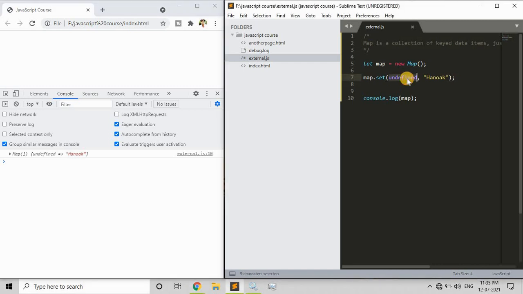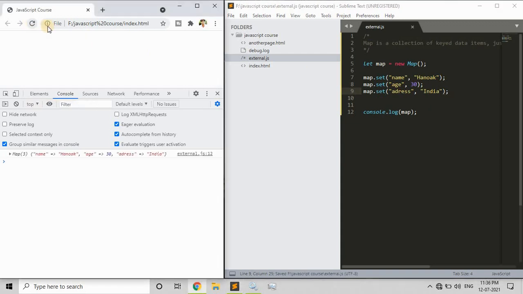Now I'll make it more sensible. I'll say name, and name is Hanok. Obviously we can also have multiple key value elements for this map, like age, and I can give the age as 30, which is numeric, and also my address, and for address I'll say India, which is my country.